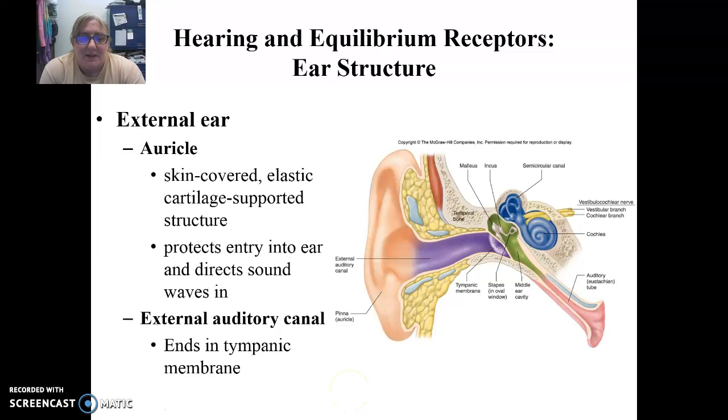Welcome back. So now we're going to talk about the ear. The ear houses two of our special senses, hearing and equilibrium. The outer ear extends from the auricle, right here, all the way to the tympanic membrane. And it includes this external canal, this external auditory canal,